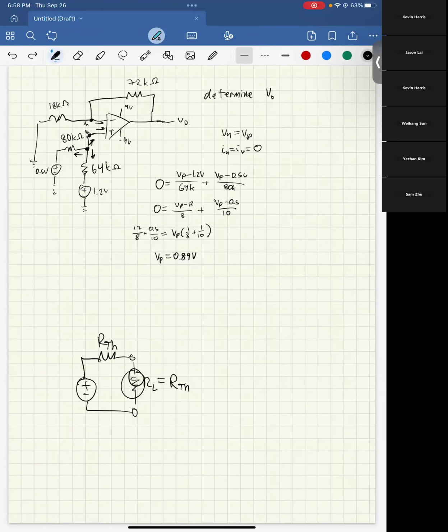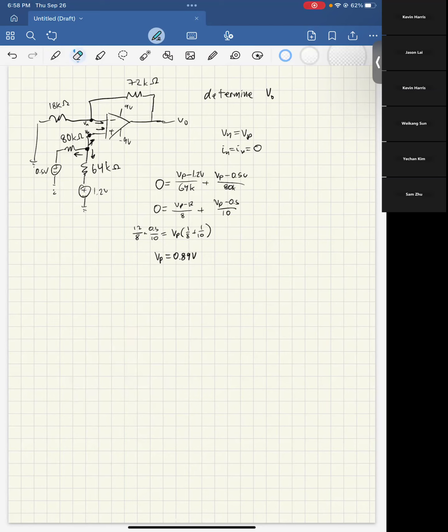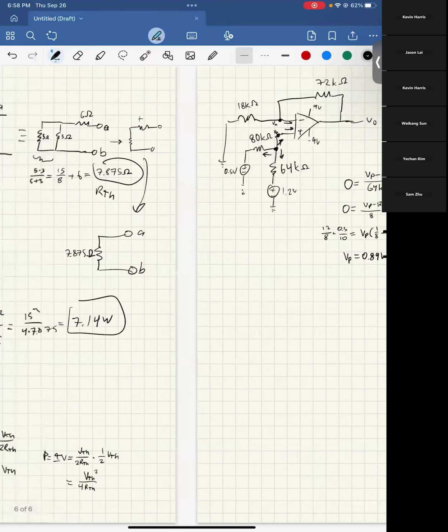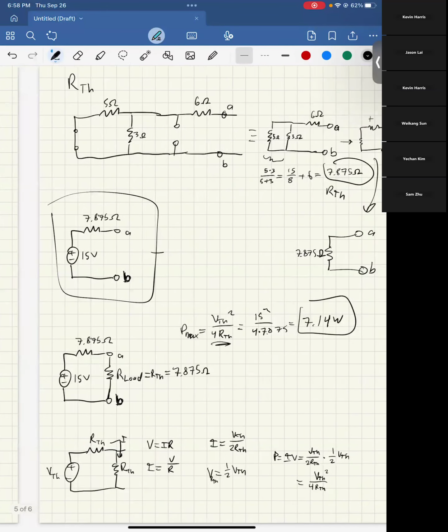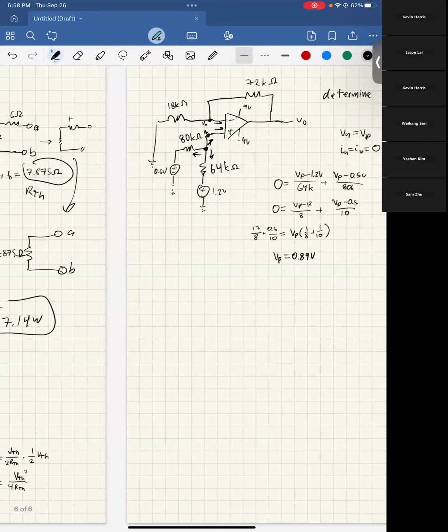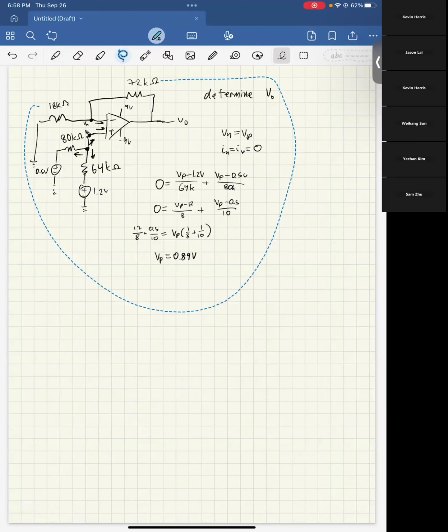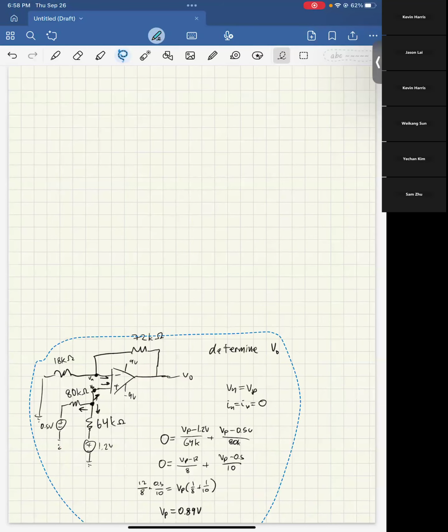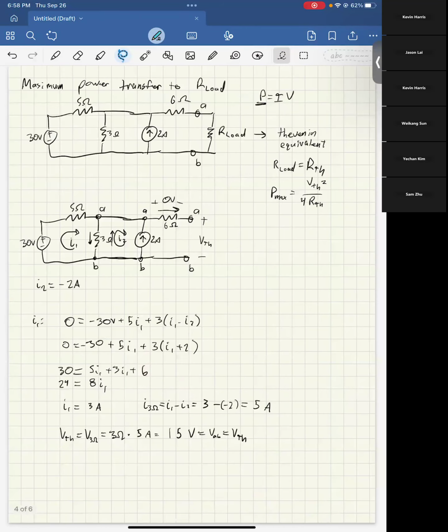And then the second method for the last question, we need to add a 1 amp or 1 volt to the circuit. So the other two methods he taught are the short circuit current method and the test voltage method. I don't really like the test voltage method. I don't really see any use to it. So the other method, I'll do that now because I've moved on to this. I'll just move this down here for a sec. So the other method was,